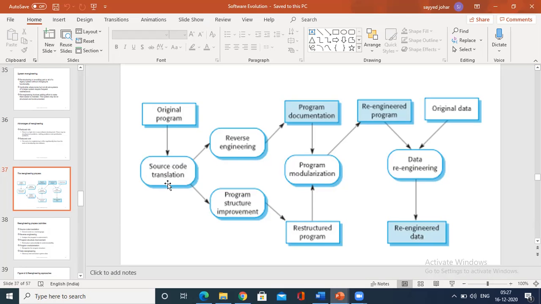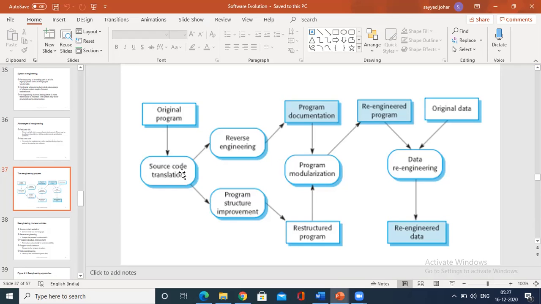So we have source code translation. The meaning of source code translation is that, using a translation tool, the program is converted from an old programming language to a modern version or to a different language. So that is called source code translation, very important.